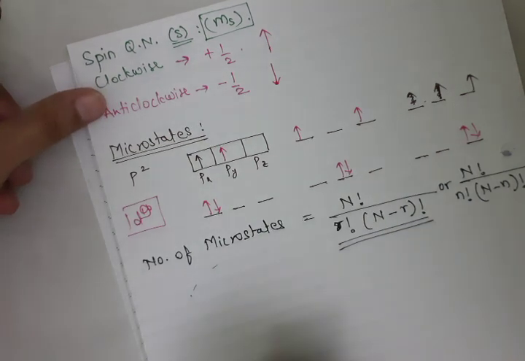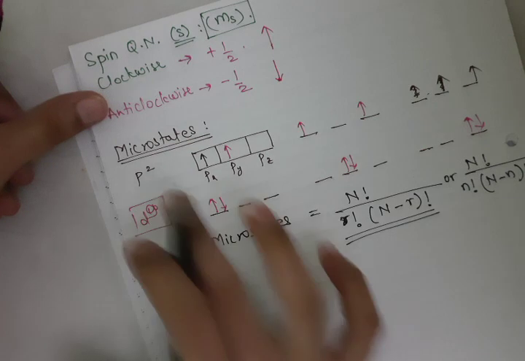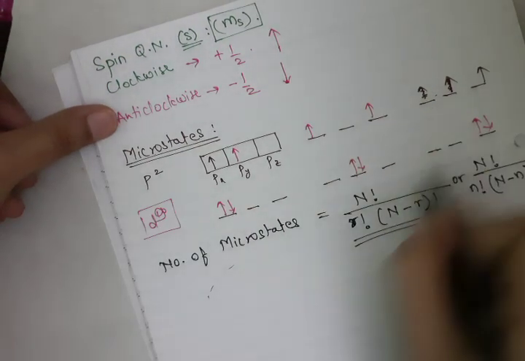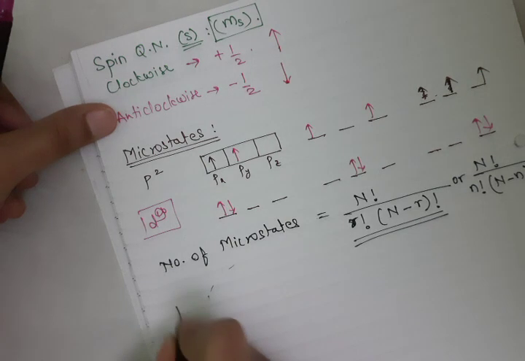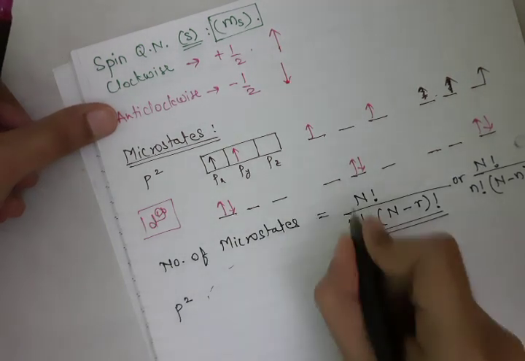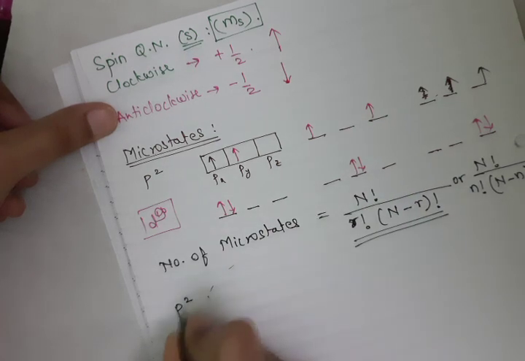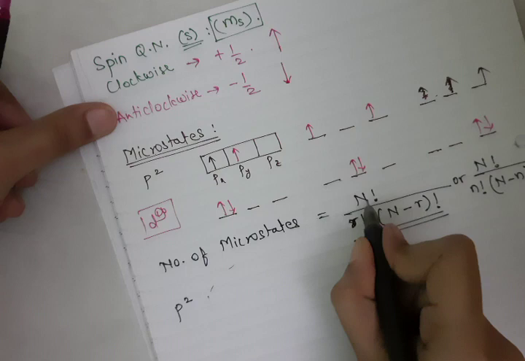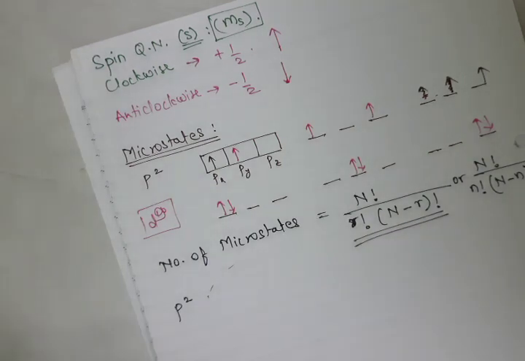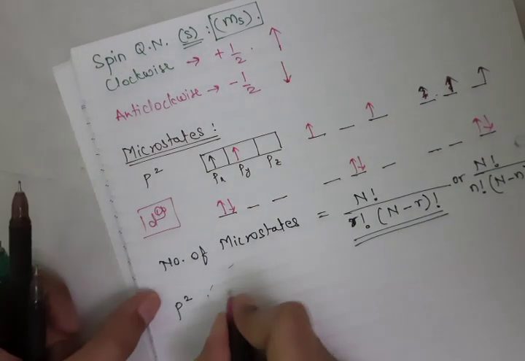Let's find out for the p2 electronic system, which we have taken here as an example. P2, only 2 electrons are there. Okay, let's take this example, p2 electronic configuration, and first we understand what is this n and what is this r. So this n is the